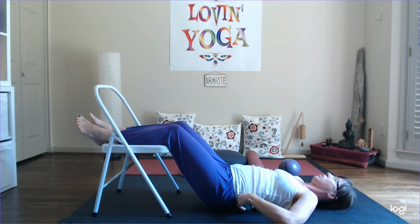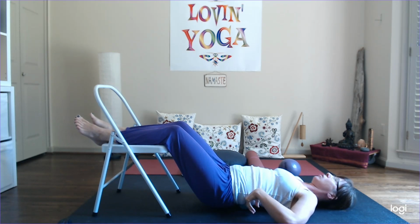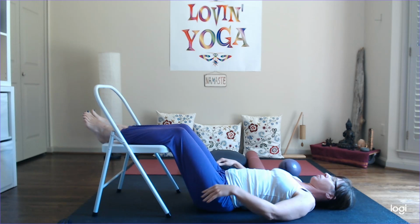So go and take your balls, either tennis balls or your therapy balls. I like to start by placing the balls right on my belly button. And from here I'm slowly rolling the balls out to the side. I'm rolling over my waist. Now I have to push my lower legs into the chair, lift up a little bit, and just bring the balls really to the outer lower back here. So you don't want to go too close towards the spine,